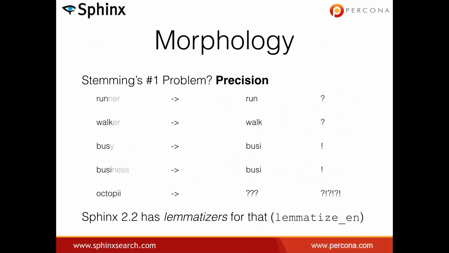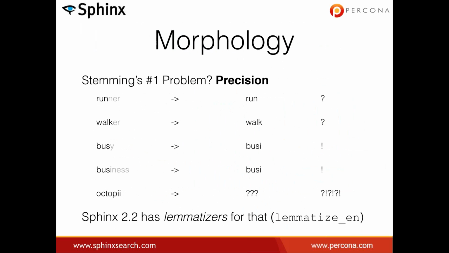So starting with the most recent release, which has been in the cooking for a few months now, but is recently out, we have the true morphological library integrated into Sphinx, which does lemmatizing. As opposed to stemming, which is basically a short and simple algorithm to identify the exact suffix that we want to cut, lemmatizers run off a big enough dictionary of the language, and they look up the specific word form in that dictionary and then replace it with a dictionary-based normal form precisely. So busy would get looked up in the dictionary, and it would get replaced by its original form, busy,